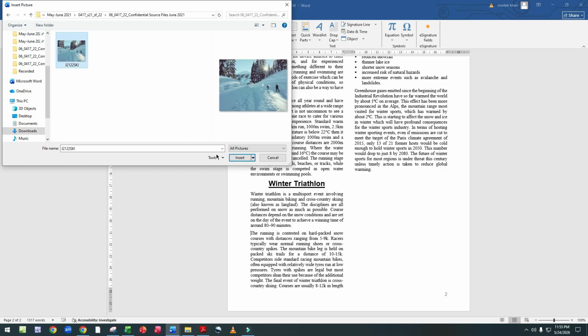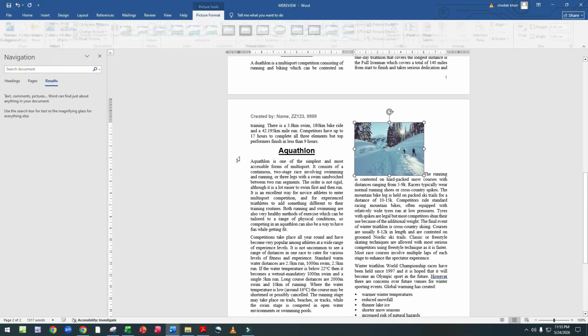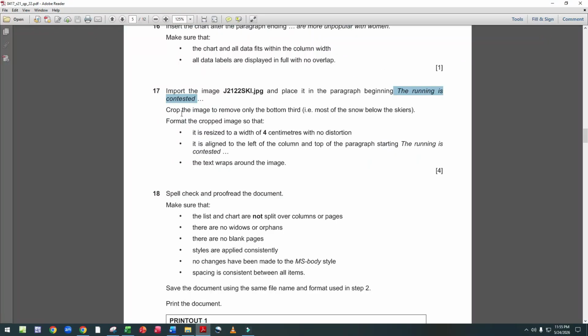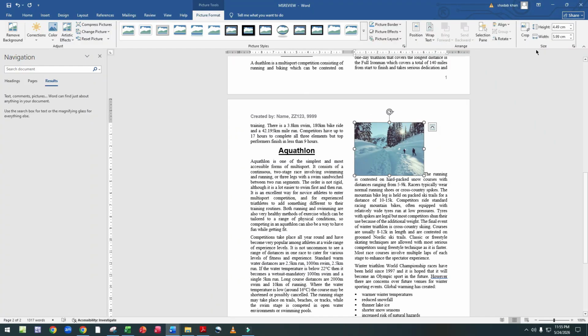Here is the image. Click Insert. Crop the image to only the bottom third, most of the snow below the skaters. Now we crop the image up to the skaters.